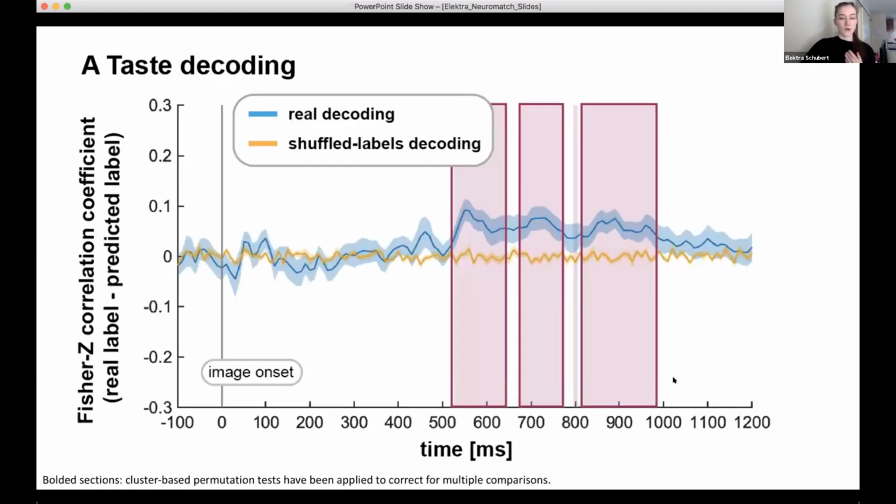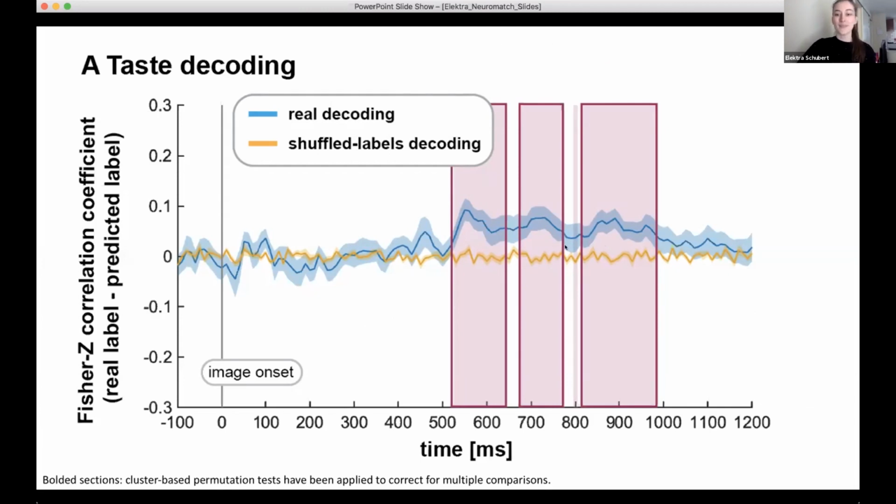And then what this gives us is a graph that looks like this. So we have time on the x-axis, and then on the y-axis, we have the correlation between the real labels, so the real taste and health ratings, and the taste and health ratings that were predicted by the algorithm. And then the blue line here is the real decoding, so it was the algorithm's performance. And then the yellow line here is a chance distribution. So it's basically the same analysis that I described in the previous slide, but with all of the taste and health ratings randomly shuffled. So then to compare the classifier's performance to chance, a t-test is performed at each time point, and we have significant time points highlighted in